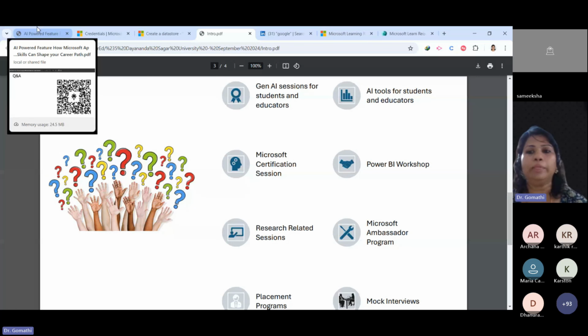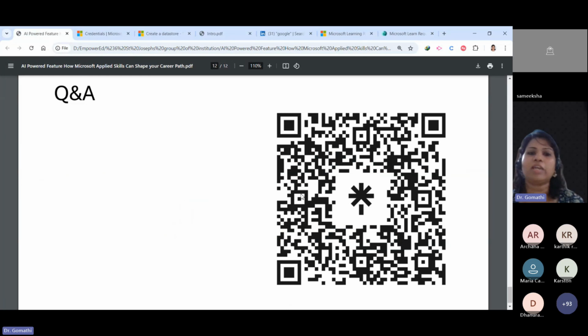And when the students complete their feedback form, we will definitely know how many people are really interested to become a Microsoft student ambassador, and also how many are ready to write the certification exam. So please ask your students to complete the feedback form here. And any questions, please feel free to ask me.